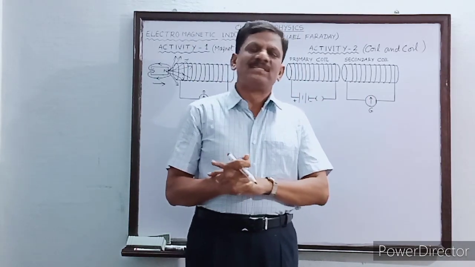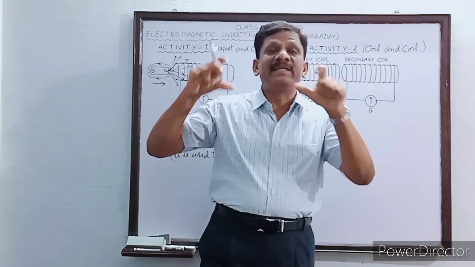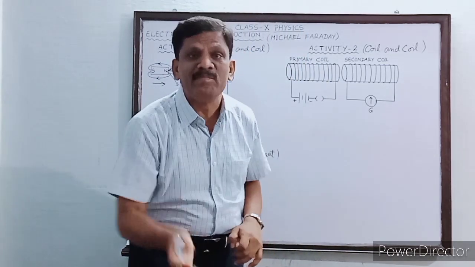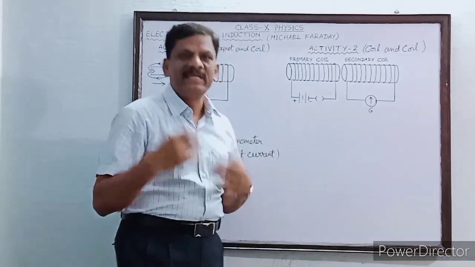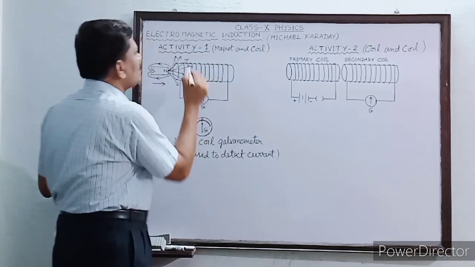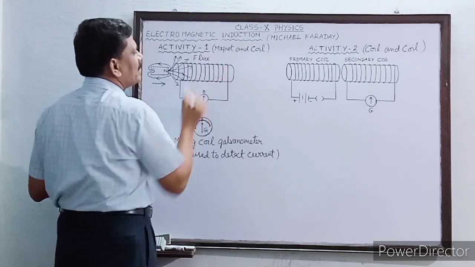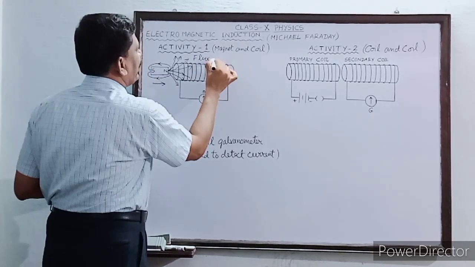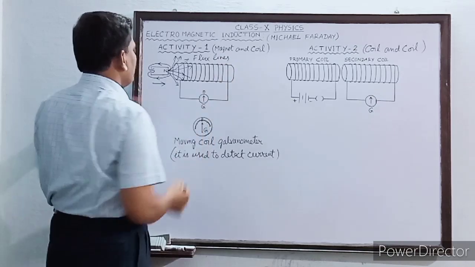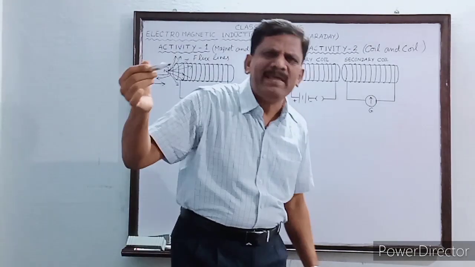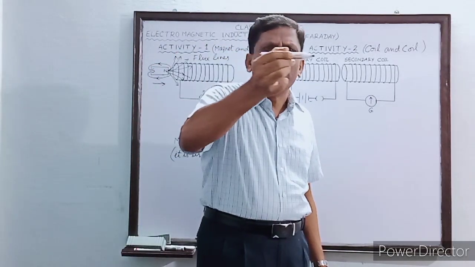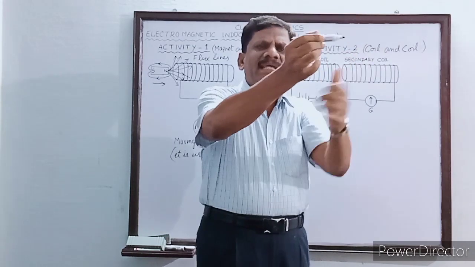I have already told you that the magnetic lines are also called by the name magnetic flux. Magnetic lines of force are also called as what? Magnetic flux lines. So when the magnet is now deeply moved inside the coil, almost the entire magnetic field of